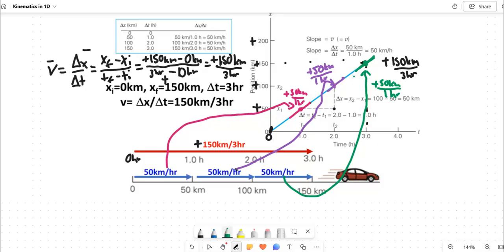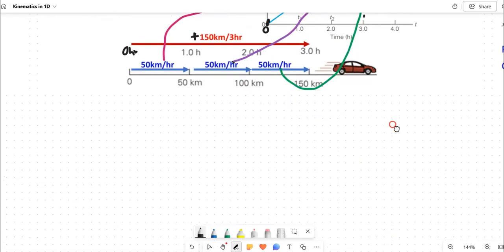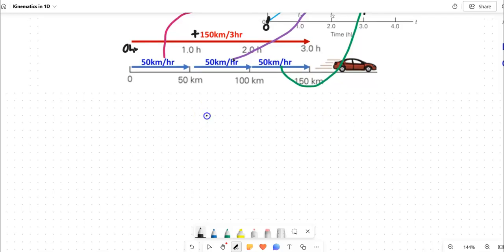Okay, so this is the basics of a position versus time graph. And this is a positive slope. A positive slope would look like something like this. So a positive slope would look like that. So I'm going to write a position versus time graph. Actually, I'm going to do this over here. So if we write a position versus time graph right here,